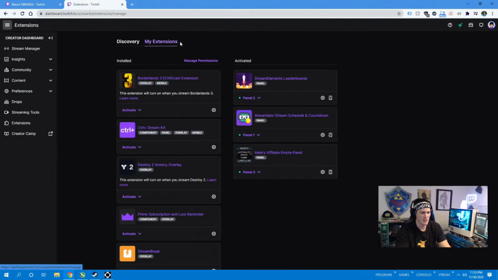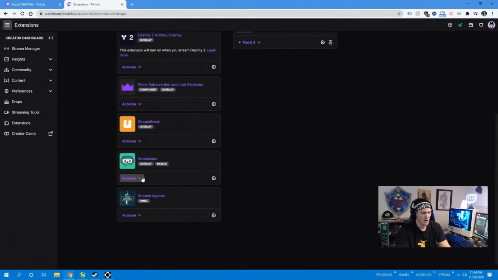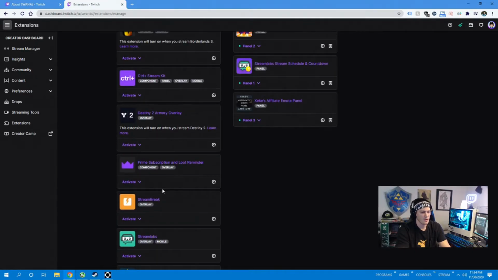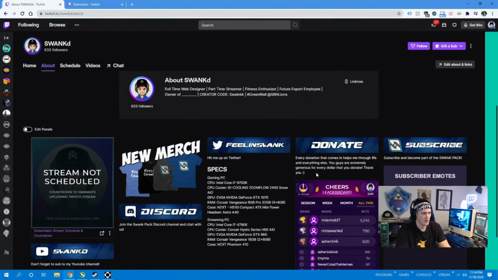If you go to my extension up here, there's a list on the left hand side of the installed extensions that you have, but they're not active yet. The ones that are activated here on the right hand side, you've got panel 1, panel 2, and panel 3. And those panels, if you go back to your edit panels area, you can see